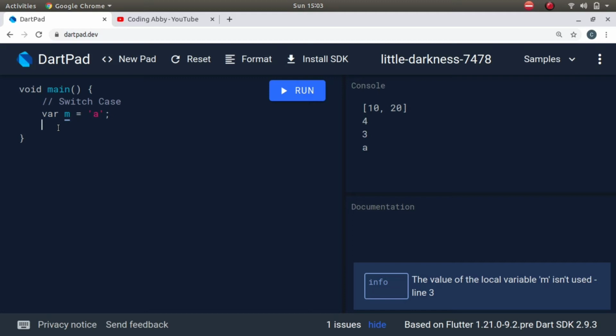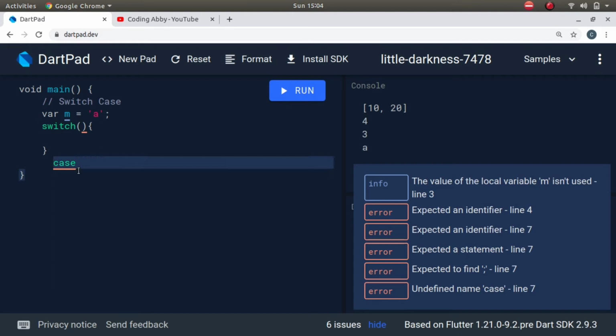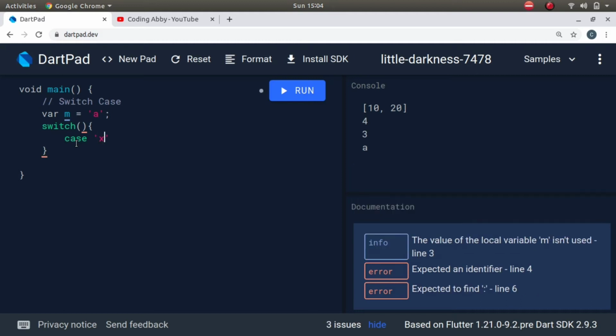Now coming back to switch case. What is switch case? Switch case x.